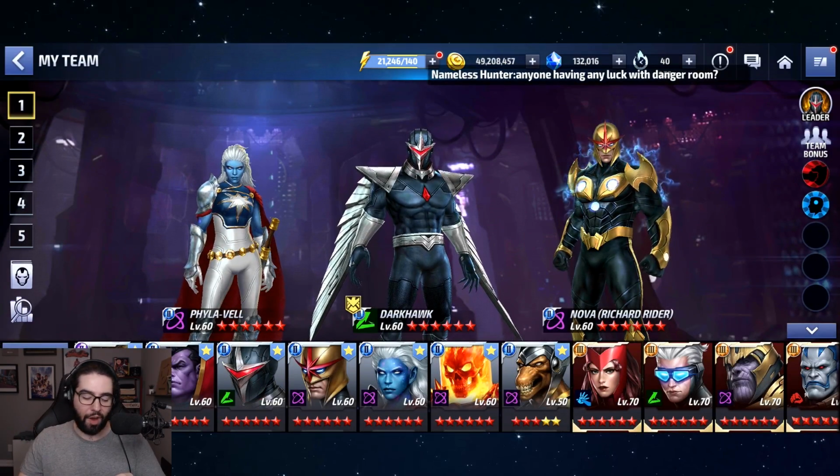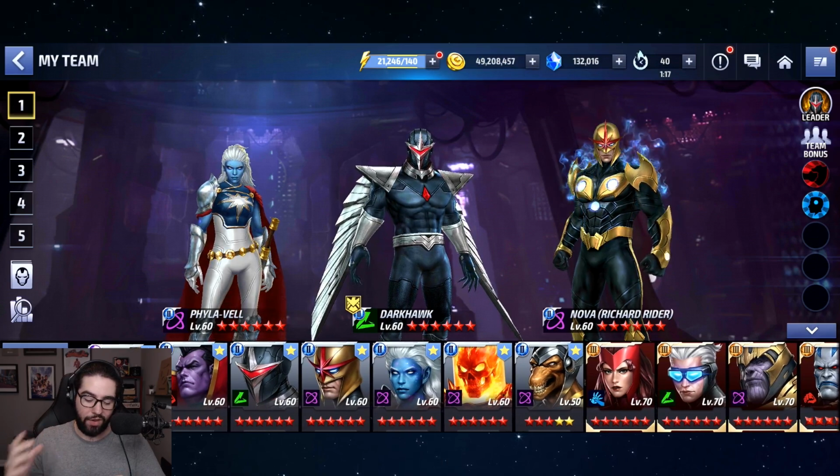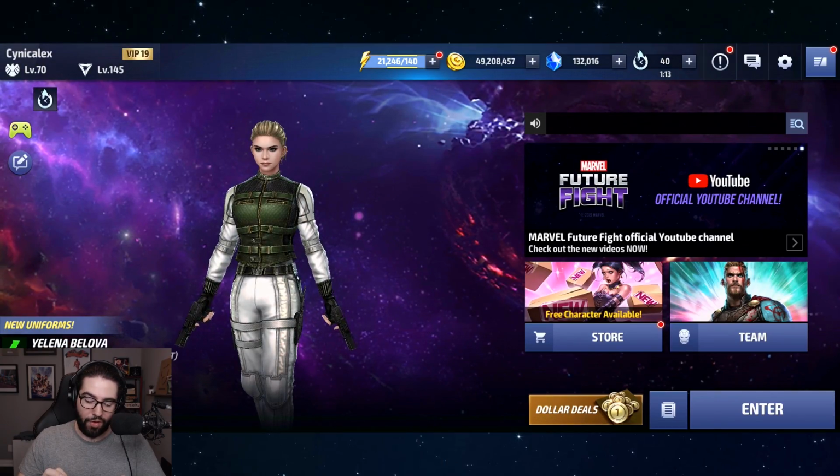So, Darkhawk is farmable, Phyla-Vell is semi-farmable, and Beta Ray Bill is the Epic Quest character. So how do you get Gladiator and how do you get Richard Rider Nova? Well, Richard Rider Nova is the